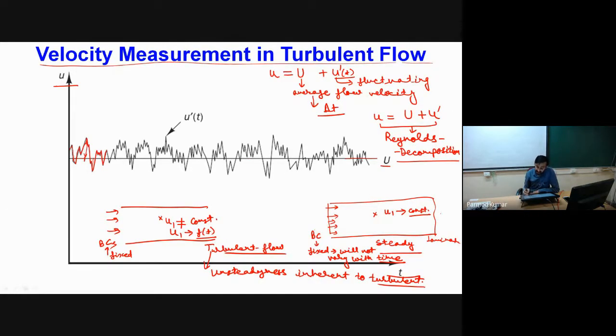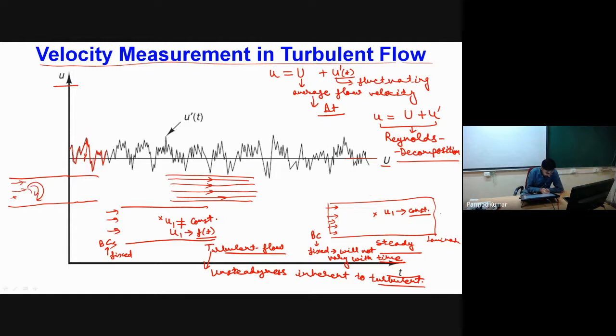Okay, now as I told you, in case of turbulent flow we have a lot of fluctuations in the velocity. These fluctuations can be seen in terms of random and chaotic flow structures within our domain. If I consider pipe flow, you have studied in undergraduate courses that in laminar flow we have streamlines moving in a specific pattern, and the flow is very much aligned with the surface of the pipe. Whereas in case of turbulent flow, we will not have any specific pattern. We will have some random structures in our flow.